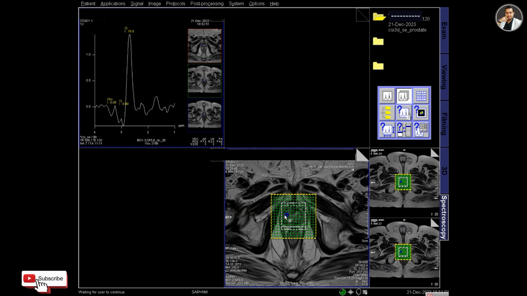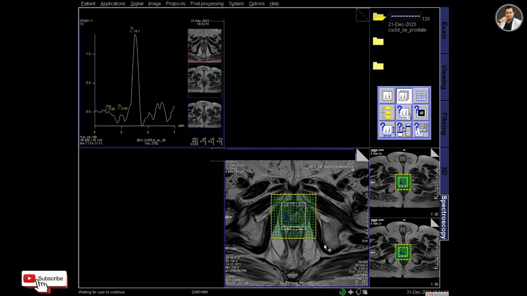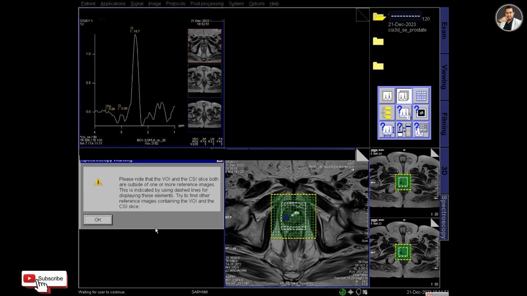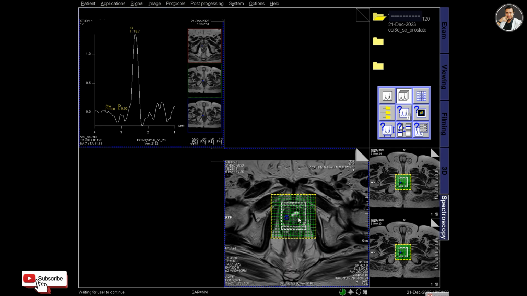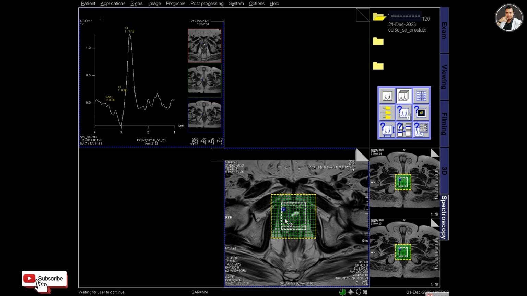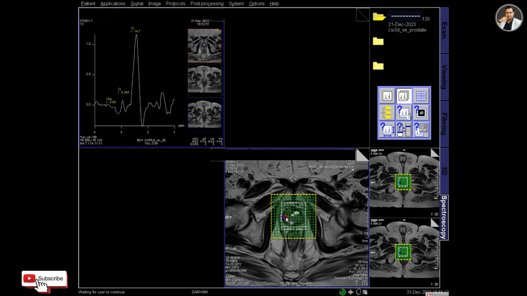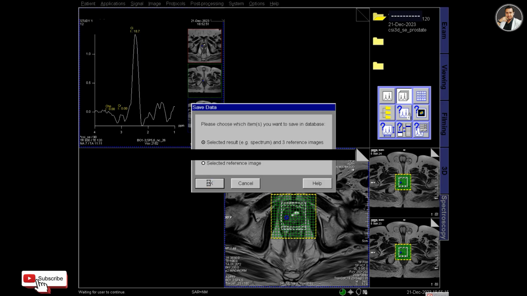This is the citrate in the prostate. The citrate appears as a peak, a tall graph appears for the citrate. So I am choosing different pixels in different positions of the prostate,